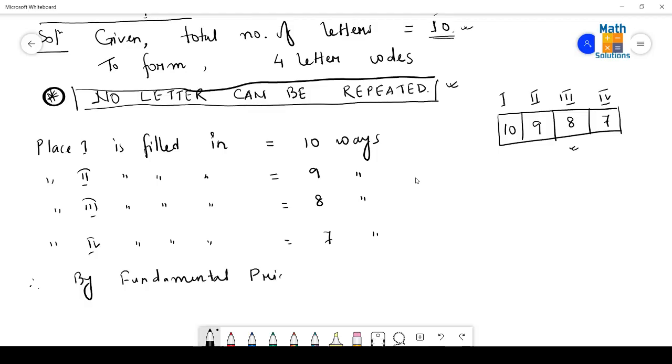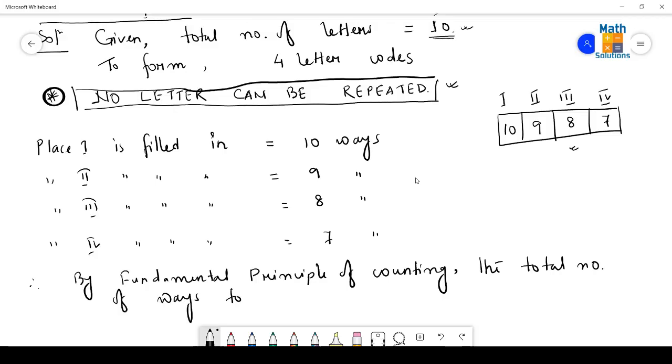Therefore, by the fundamental principle of counting, the total number of ways to fill in, or we can write to form a 4-letter code, 4-letter codes is equal to